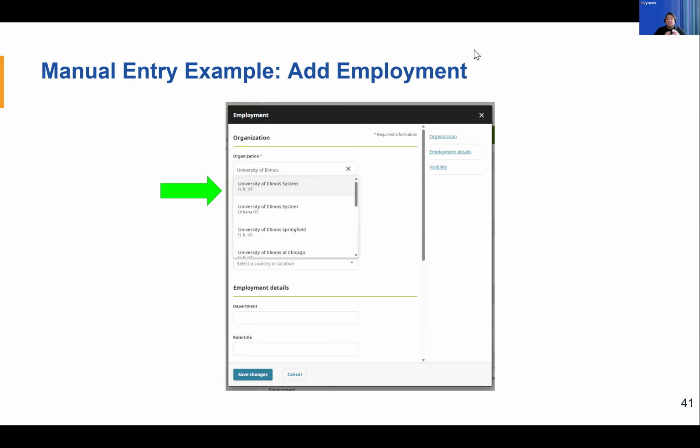So manual entry, this is a way for you to add information. If your organization is not pushing the information to your ORCID record, you can do this. You can go to your ORCID record, go to employment, add your employment information. So let's say I work at University of Illinois, for example. I could search for University of Illinois, make sure that you are choosing the option in that drop-down, so making sure you click on that because that's important. That way, the metadata behind it is available. And then you just fill out the rest of the form, like additional details of your employment.